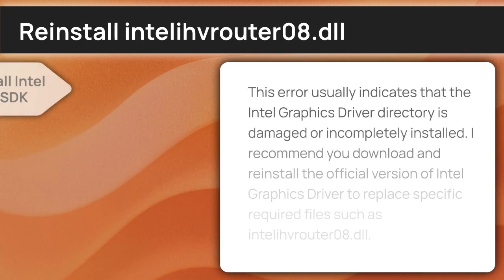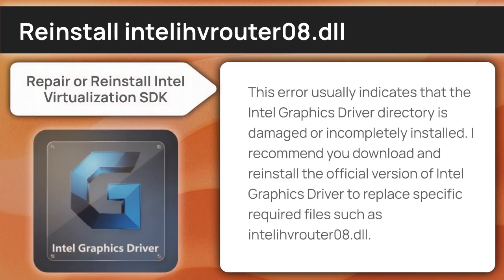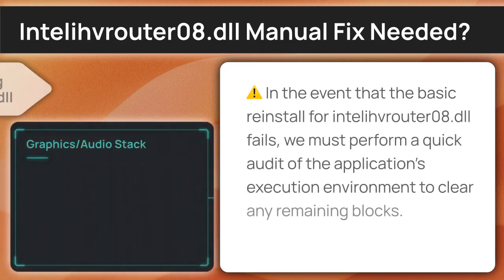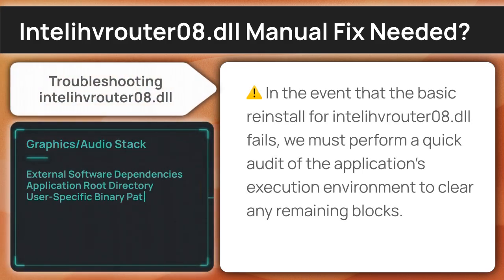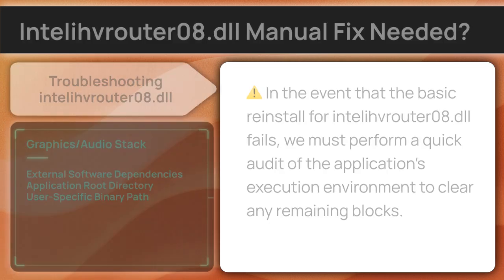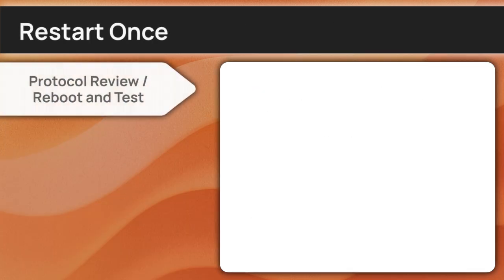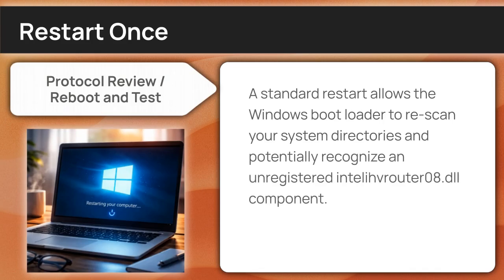Missing or corrupted application components are the primary trigger for this error. You should reinstall the current official version of Intel graphics driver to repair the core installation and restore the Intelihvrouter DLL component. When the primary installation path fails, a more surgical approach to checking your system's environmental variables is required. A standard reboot clears out temporary memory conflicts and gives the Windows loader another chance to properly register the